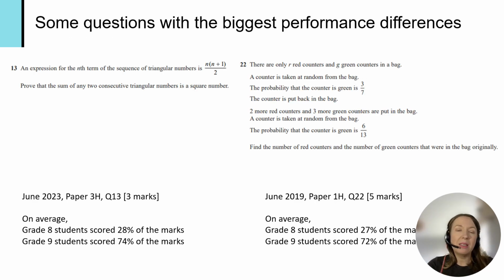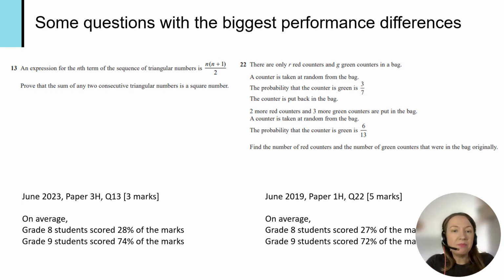So let's look at some examples now of questions where we see those really big performance differences. There are a couple of examples on screen here, and you can see at the bottom that huge difference between the average number of marks the grade 9 students are achieving compared to those students that go on to achieve a grade 8. So question 13 is all about proof here, and we've got the nth term for a sequence